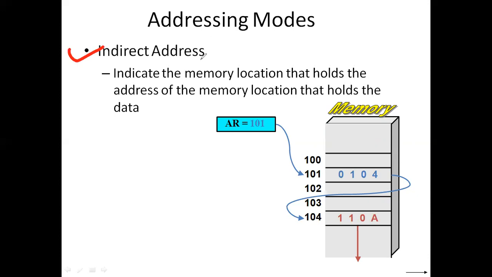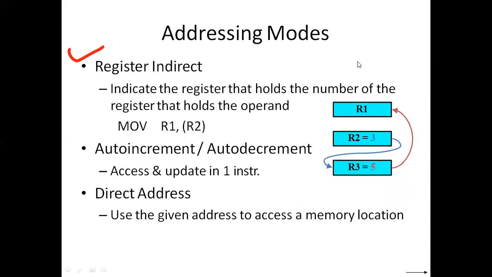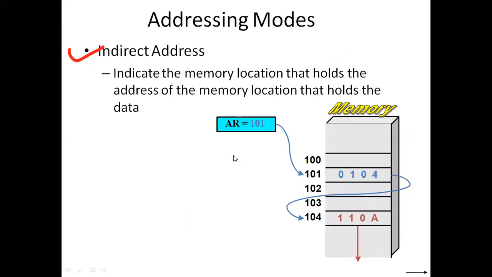We are specifying the memory location, where you will find the address of the memory location exactly where the operand is there. तो यहाँ जो मेमोरी लोकेशन हमने देखा है वहां पे वैल्यू नहीं है, वहां पे उस पर्टिकुलर मेमोरी लोकेशन का एड्रेस है जहां एग्जैक्टली डेटा रखा गया है. Have you got it? That is indirect address, and you can correlate this indirect address with register indirect. But don't forget that both have different ways of specifying the operand value. Don't confuse it. I hope this is clear to you.